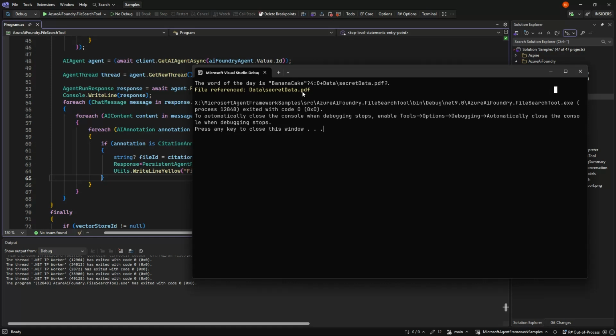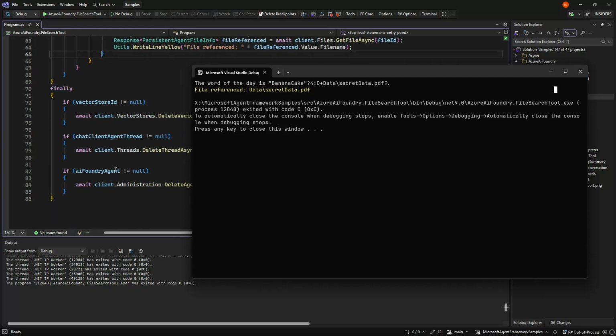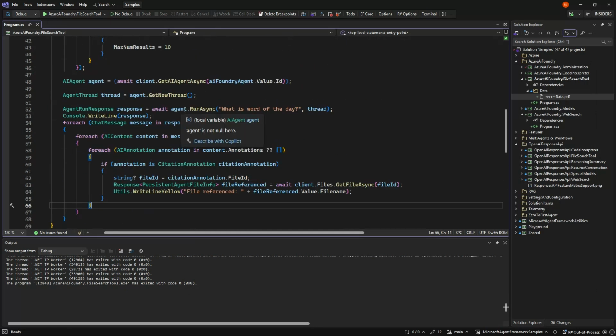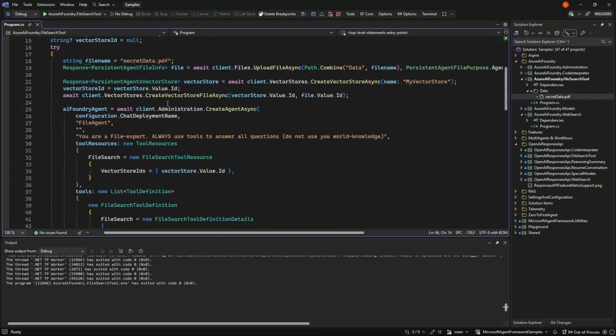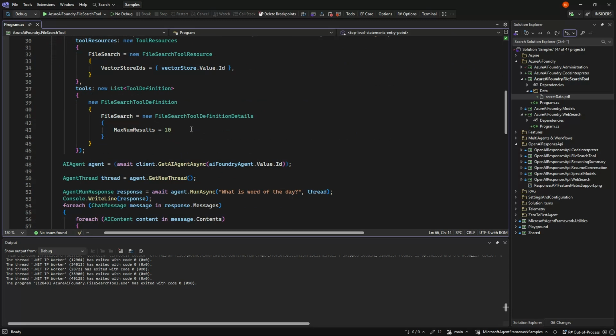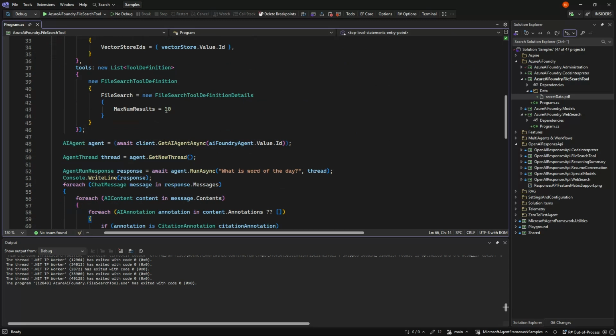We could, of course, have a website where we could then click that link and download the content so the user could see it in their system. So fairly simple to do. And again, I have cleaned up, so now there shouldn't be a vector store anymore up there. But of course, you wouldn't delete the vector stores, and you wouldn't do it up front. You would have a separate process to populate the vector store, and then just reference it in your agent. So that is actually everything there is to file search. See you in the next one.